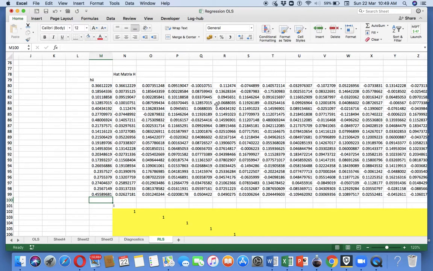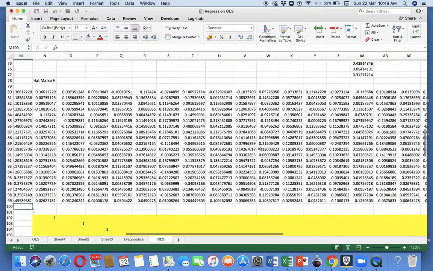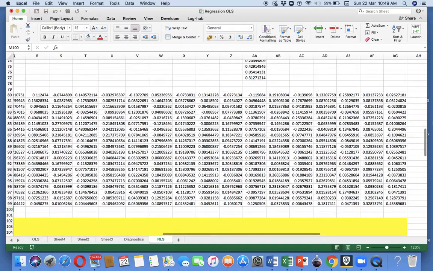So you notice that the last column of this matrix is AG.